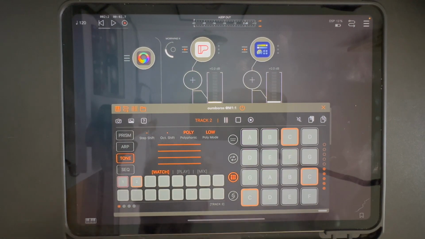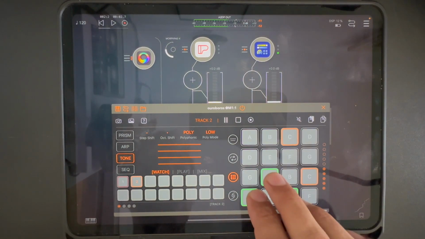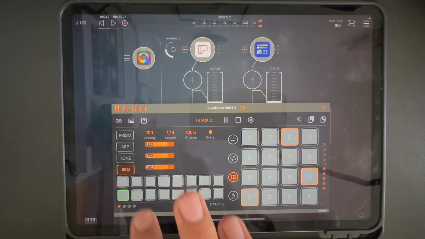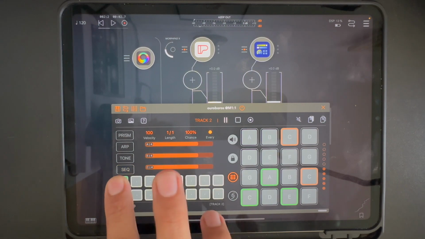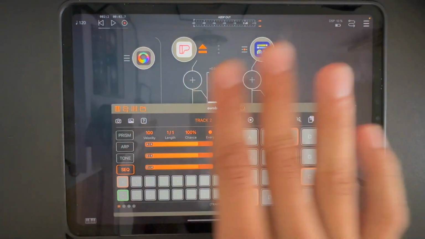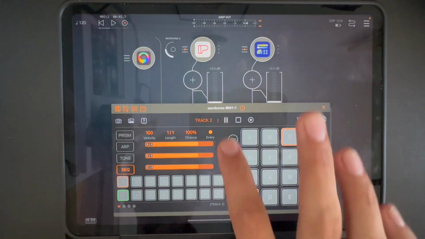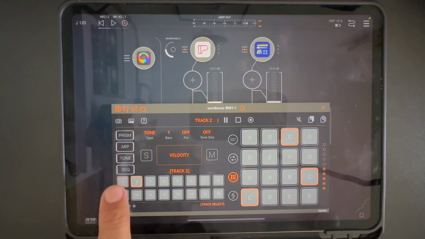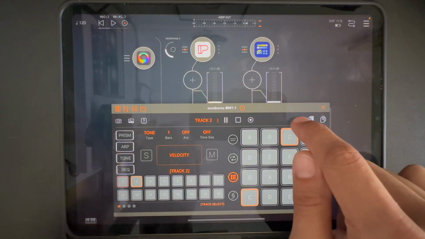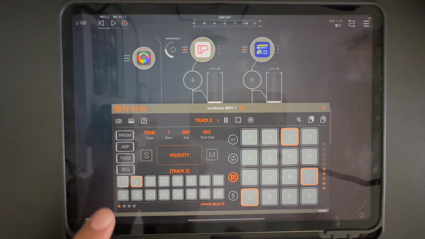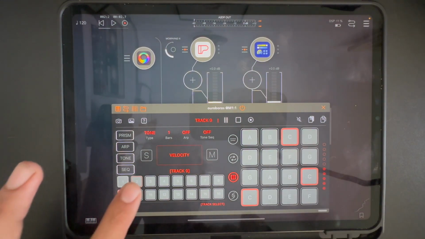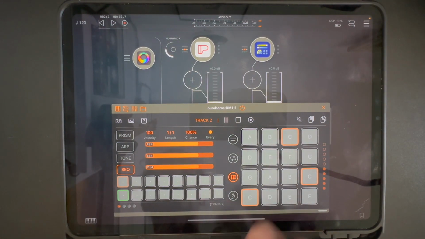So with that said, let me walk you through exactly what's going on here. I'm going to lay down this note, and I'm going to slide to mute that from up here. I could also mute it from within here. I can hold this and press that to mute track 1. I could also go here and press mute. But anyways, going back to track 2,